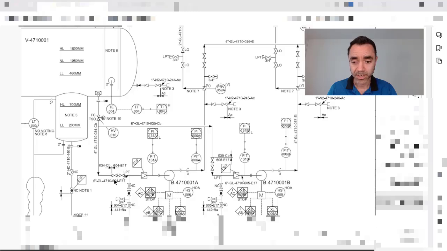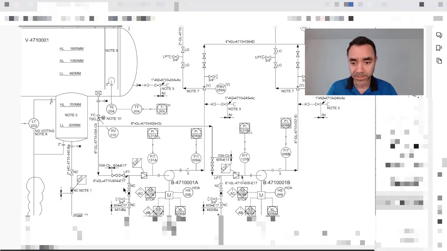So I have one isolation valve and a second one in series because I am talking about a flammable fluid. In the case of maintenance, the operator will need to close these two valves to guarantee that there will not be any leaking between the vessel and the isolation valve going to the pump. To do the maintenance, again, I want to drain all the flammable fluids to guarantee the safety of the procedure.